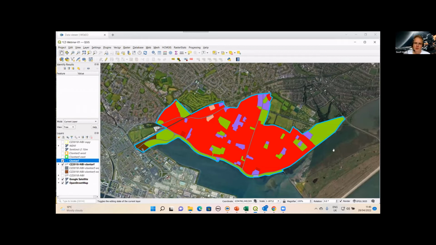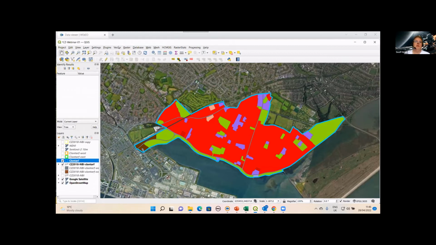Some of these are urban open spaces. Some of them are grasslands, etc. And then we have this red area, which is mainly what we refer to as a medium density residential area. So what we can do very simply is categorize that whole area very quickly by running some group stats on there.